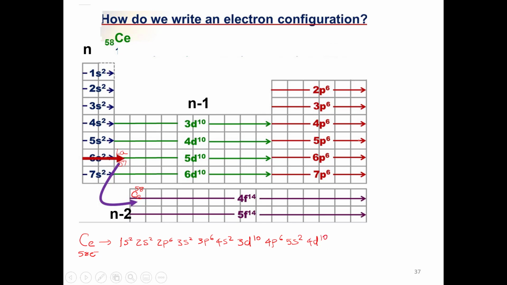5p6, down 6s2, and now we need to write this one. Then lanthanum will be 5 because it's 6 minus 1 is 5. 5d,